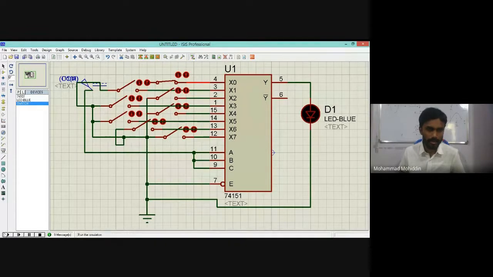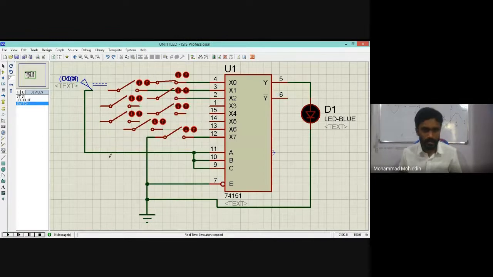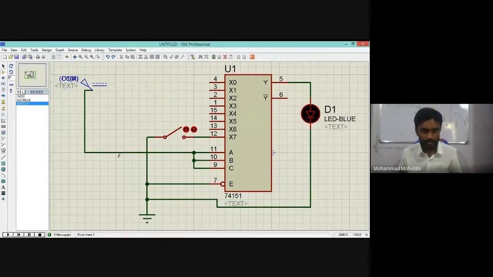You just run it, you will get the error. See, now selection lines it depends upon. It becomes more clumsy, right? Only one switch I will give. One switch, this is best. The seventh one is selected, you run. Seventh one, whatever you keep, you will get. Switch is off, 1. Switch on, 0.